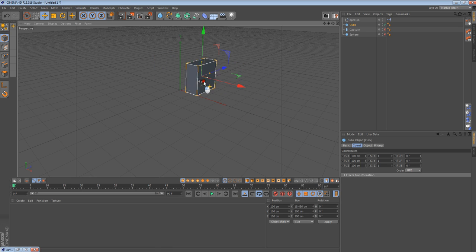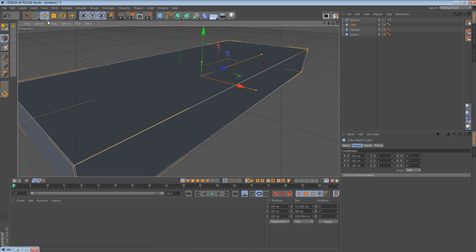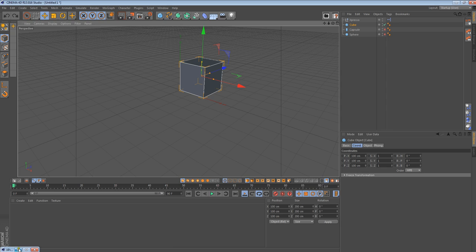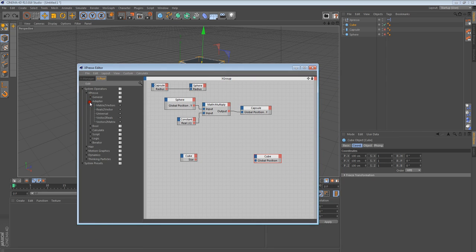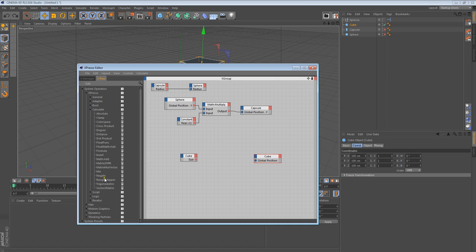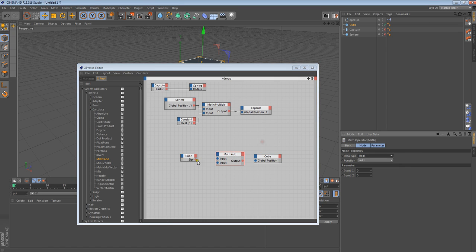But if I start to adjust this, you'll notice that it's not sticking. So we need to fix that. So I'll go to Xpresso editor, and I'm going to add a calculate node. So calculate, and it's going to be math add. And over here, I'm going to bring in the size to the input, and then under math add, I'm going to do 0.5,